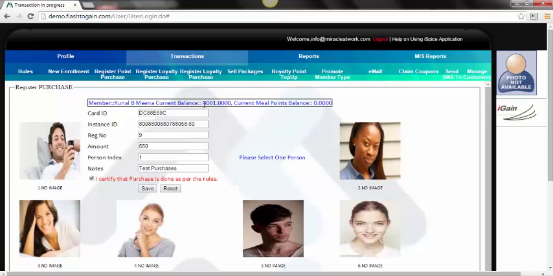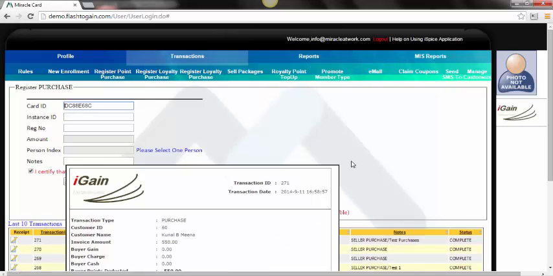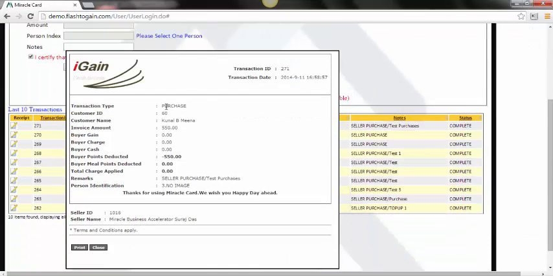He writes his notes. Now here when the card is flashed, it shows that the buyer has 4001 points, out of which 550 points are being claimed. When the transaction gets completed, an acknowledgement message comes up, a receipt gets printed with all the relevant details, and if the cashier clicks on print, it will directly go to printing from here itself.